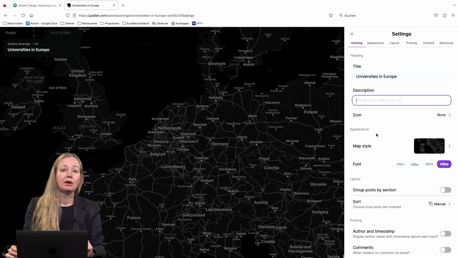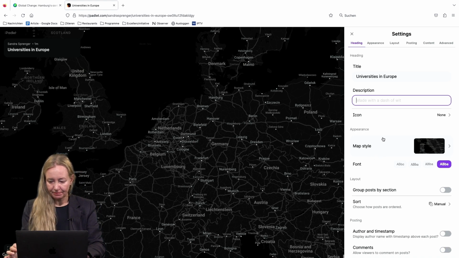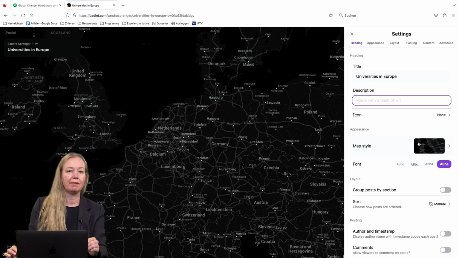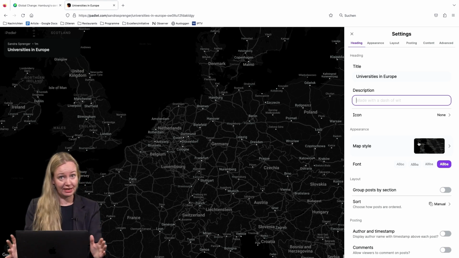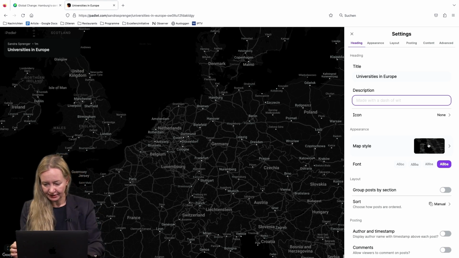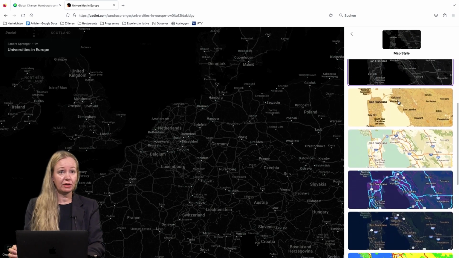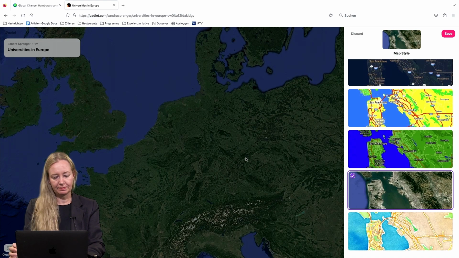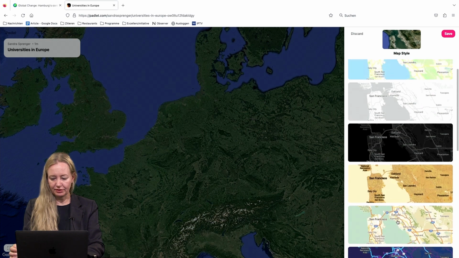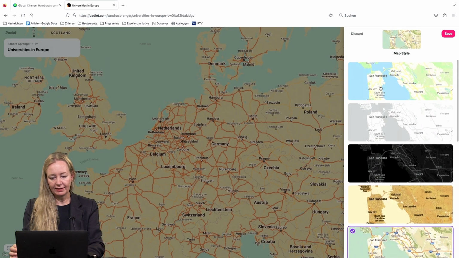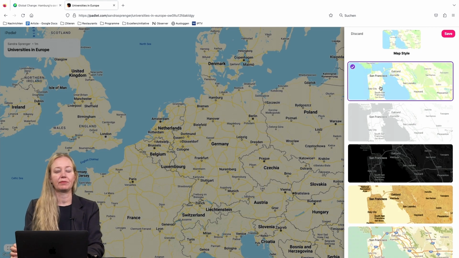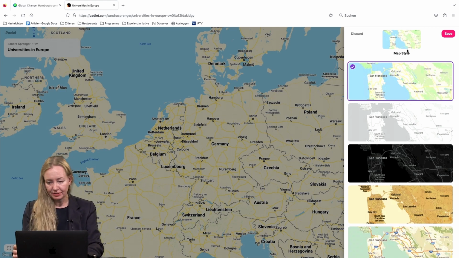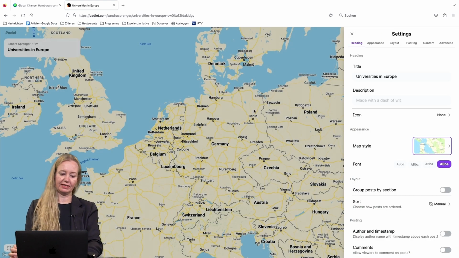And one very important thing is the map style. At the moment there's a black map. From my perspective, it doesn't look very nice, so I would like to change this. And you can see you have different options. One, which I like also, but not for the moment, but in other contexts, is the satellite map, which looks like this. And you will see you have different opportunities. I like the first one, which is very clear for the creation of virtual field trips. So I will save and select this.